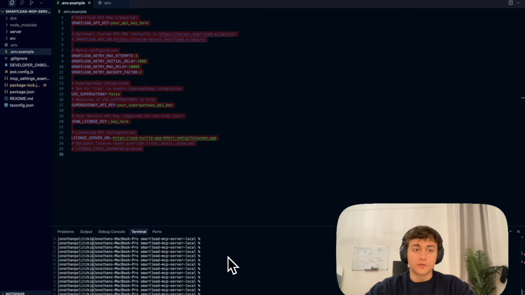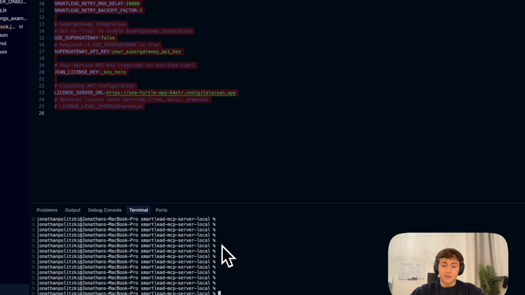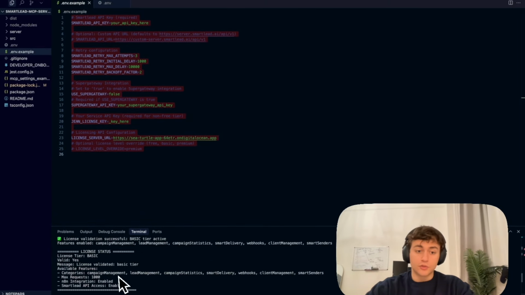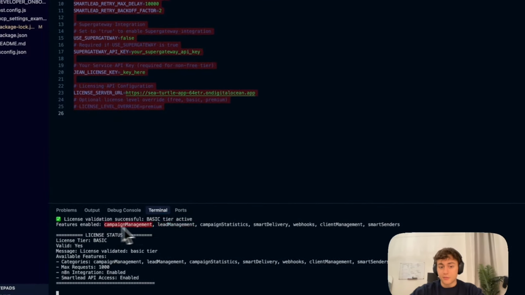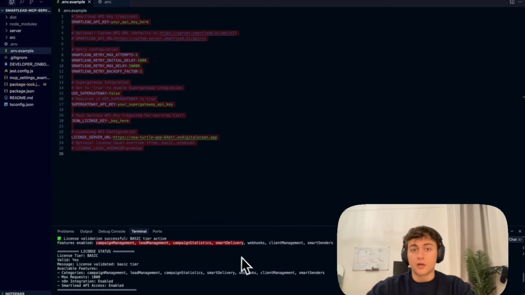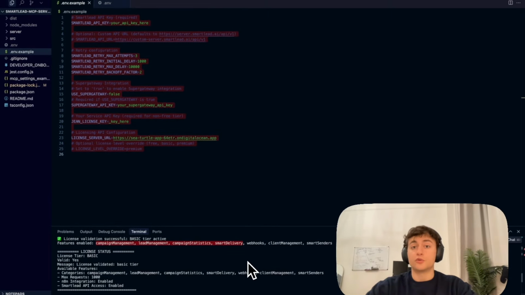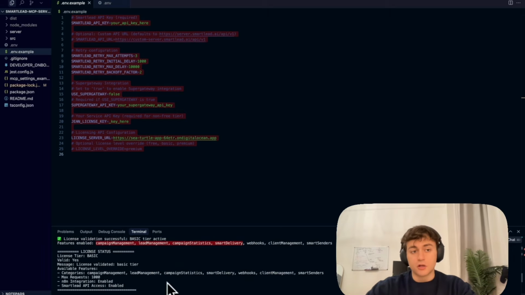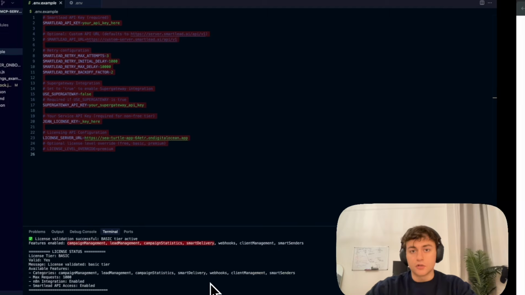Okay, now that you've dropped your environment variables in your .env file, we can go ahead and run this again. And you'll see that this time it runs a bit differently, and it shows you that you run the basic tier. It shows you now have access to campaign management, lead management, etc. And this is all very helpful for knowing that you do have access to the tools, and we can move forward. Now, to get this implemented in Claude, you're actually going to need to go to the Claude application,